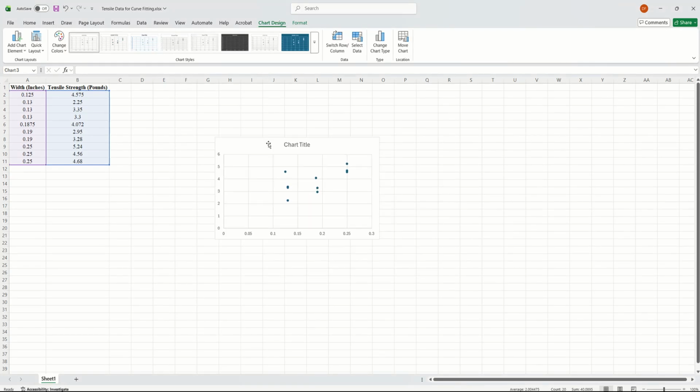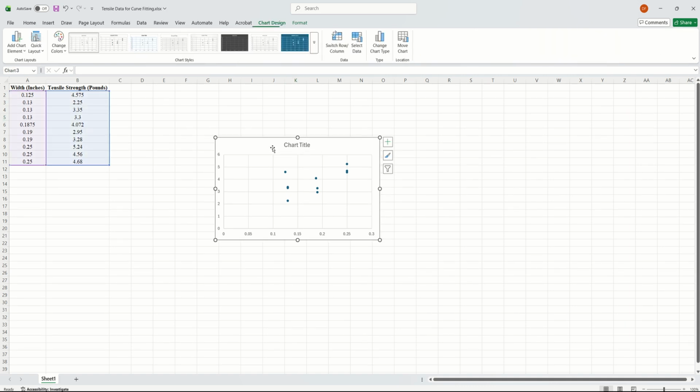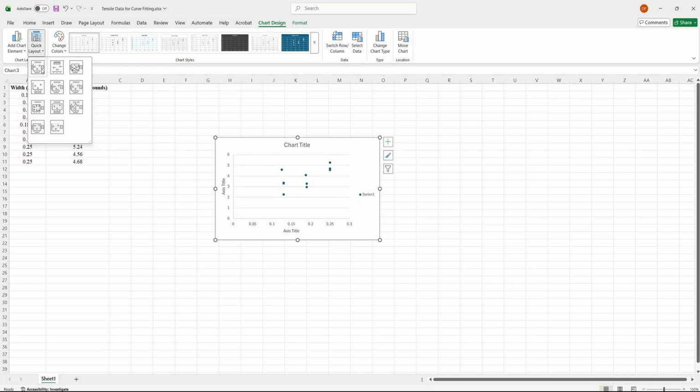Before we do anything else, at this point, this graph is effectively useless because it has no axis labels and no title. So what we're going to do is add some labels to our axes and then change the title just so we know what the graph actually represents. To do that, we're going to make sure the graph is selected, so make sure it's highlighted. Go up to Quick Layout. We're going to choose Layout 1,